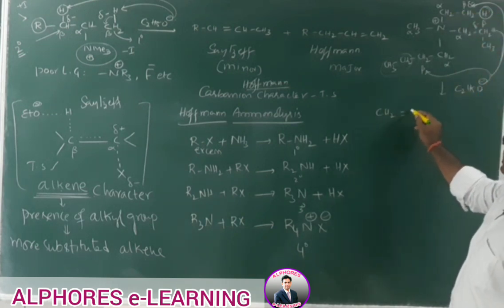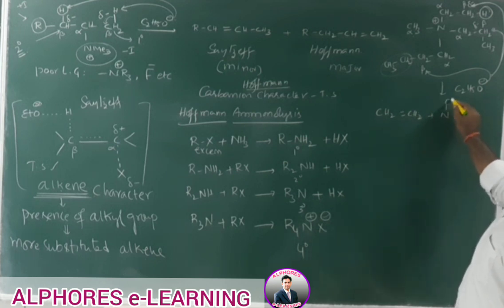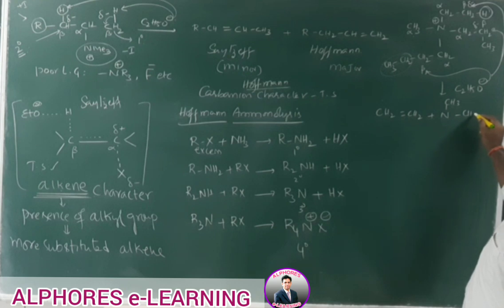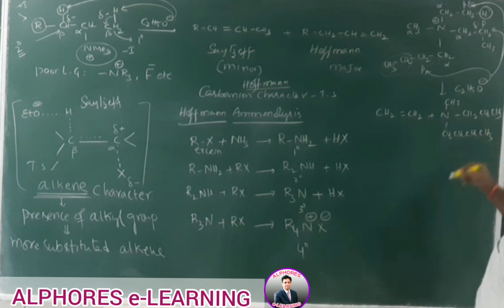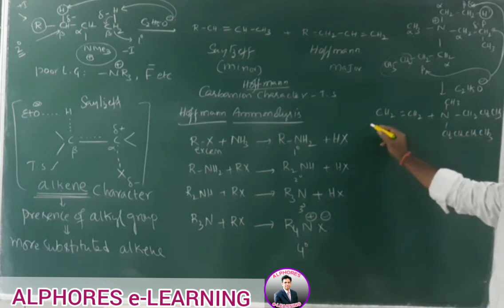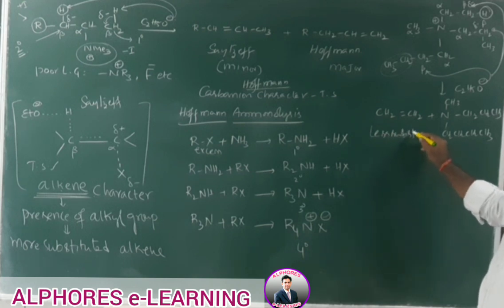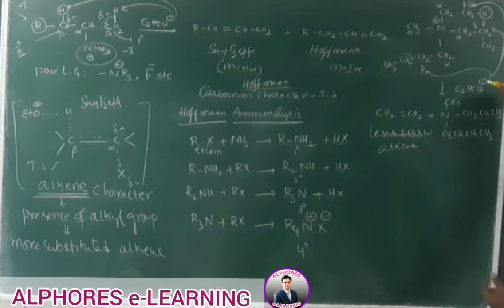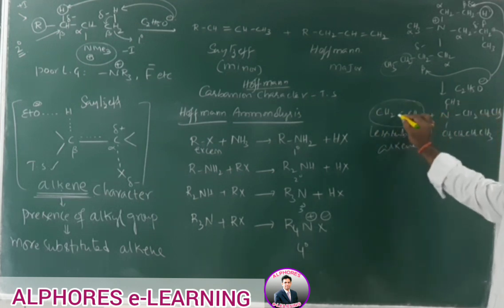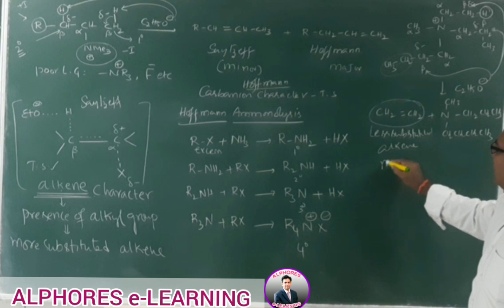As a result, we get the product CH2=CH2 plus the remaining three alkyl groups as such: one methyl, another one propyl, another one butyl. So we get the less substituted alkene as the major, predominant product. The tendency to approach these beta carbons is low, because these two have secondary carbanion character and the intermediate is less stable.